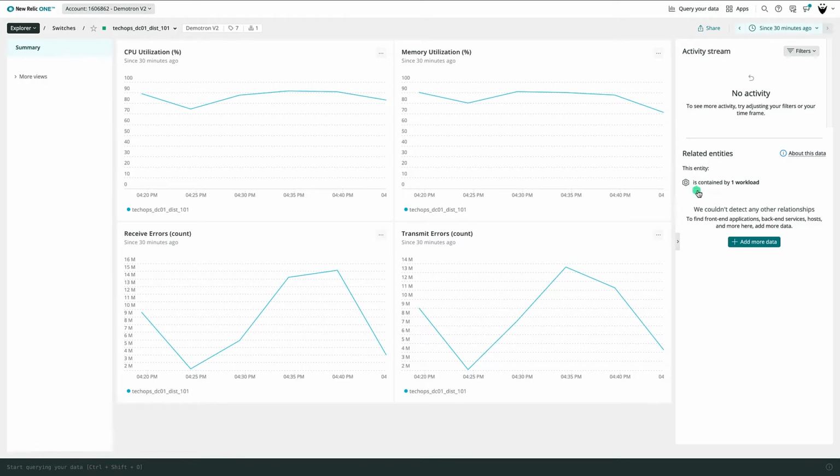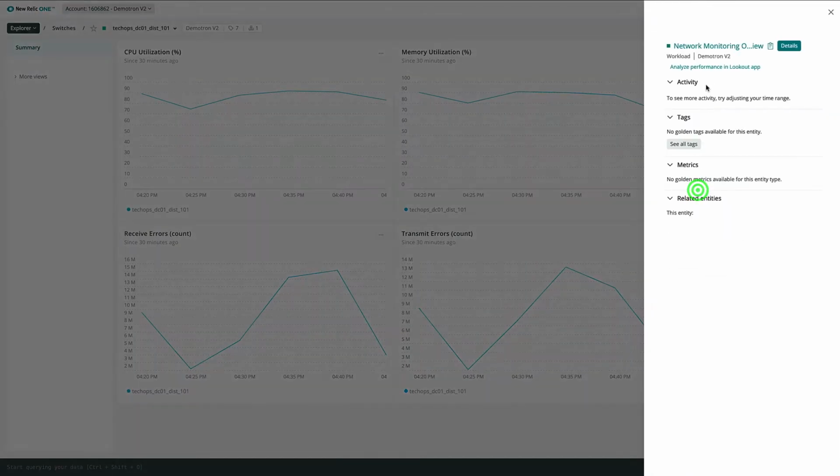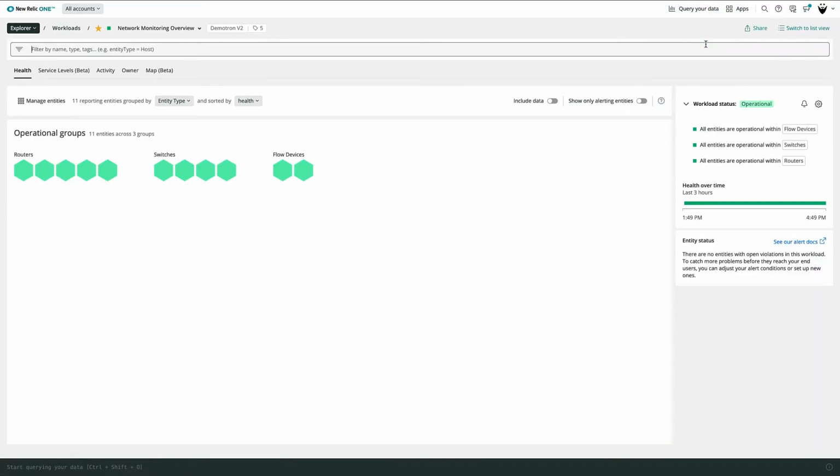For that, you want to use our workloads feature, such as this network monitoring overview, which, as it turns out, is conveniently linked here in our related entities section. The landing page of your workload is going to feel familiar, but note how this is a collection of all the entities that we attribute to our demo network, and not a singular entity type like we saw in Navigator earlier. Also, the right side shows our workload status panel, giving me instant sense and isolation into the health of the collection I care about from a macro view.